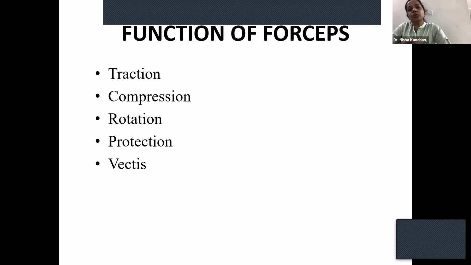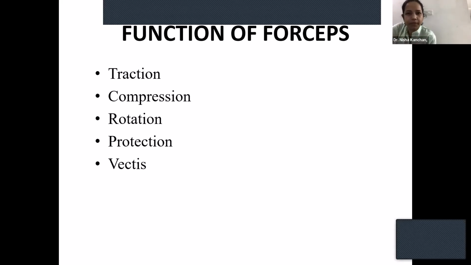It is also true for aftercoming head of breech. The difference between cephalic and breech presentation is that in cephalic, the head is slowly going through the pelvis, so it has time for molding and getting adjusted to the pelvis. Whereas in breech, because the breech part comes first, the head does not have any time for adaptation in the pelvis. So when you're doing a forceps, you're protecting and slowly delivering the baby's head, like I told you in breech delivery. So this controlled delivery of the head is possible by forceps when you apply it for a breech.